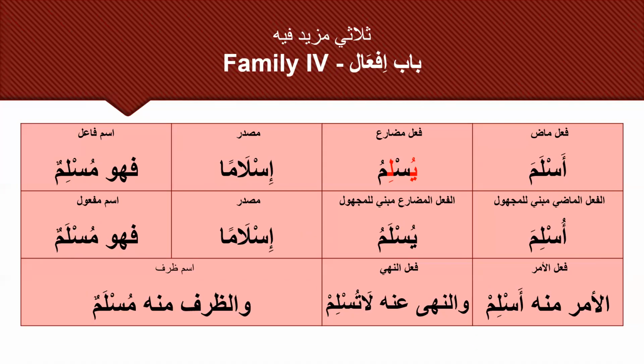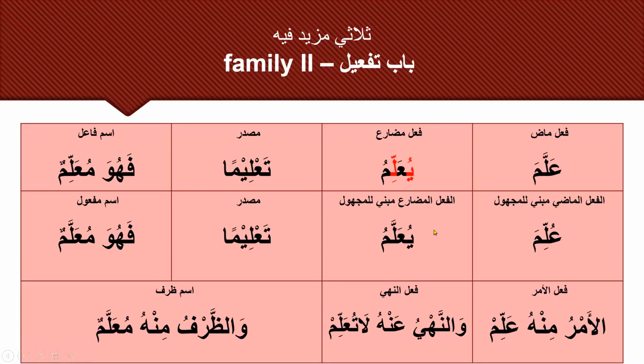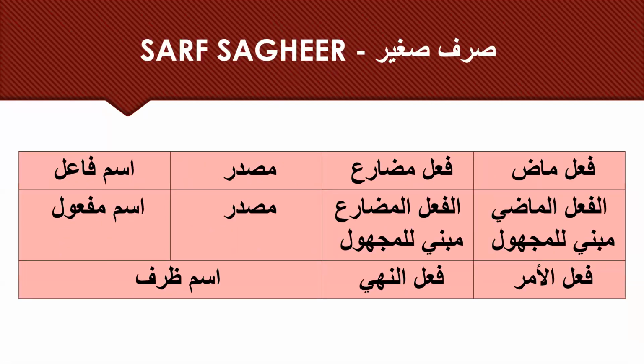And inshallah, in the next session, we are going to start learning them in detail, and we will see the implications and the similarities, and compare these families, what these three families have in common and what they don't. And inshallah, with each lesson, we are going to learn more and more charts for each family. So this is a little introduction for the Mazid Fihi